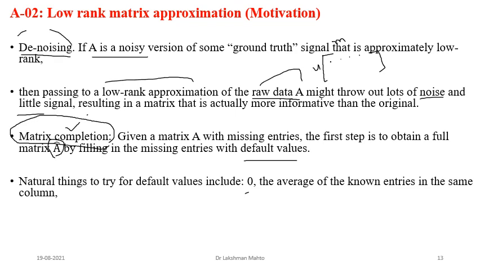So I'm putting a cross here. A cross means the user was unable to give a review, because the user could not watch that movie, that's why they are unable to provide a review, so they are not giving any review. Likewise, you can go for the second user, the third user.